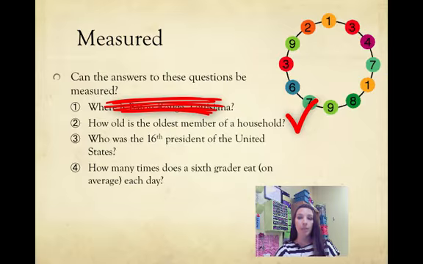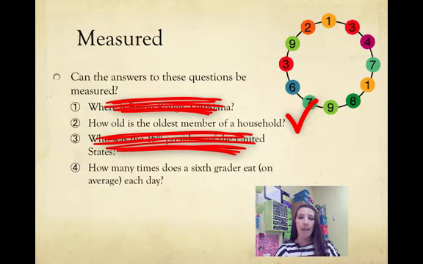17, 16, 45. Who was the 16th president of the United States? That one cannot be measured. The answer is Abraham Lincoln, not a number. You wouldn't say 11. Okay, even though there's a number in the question, the answer has to be a number for it to